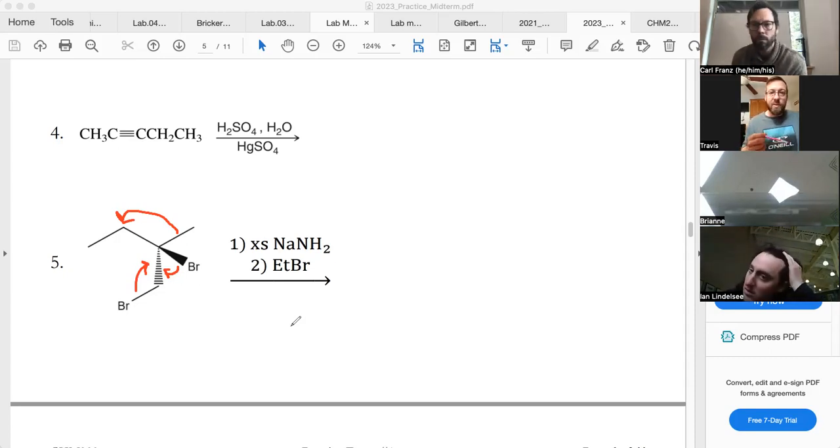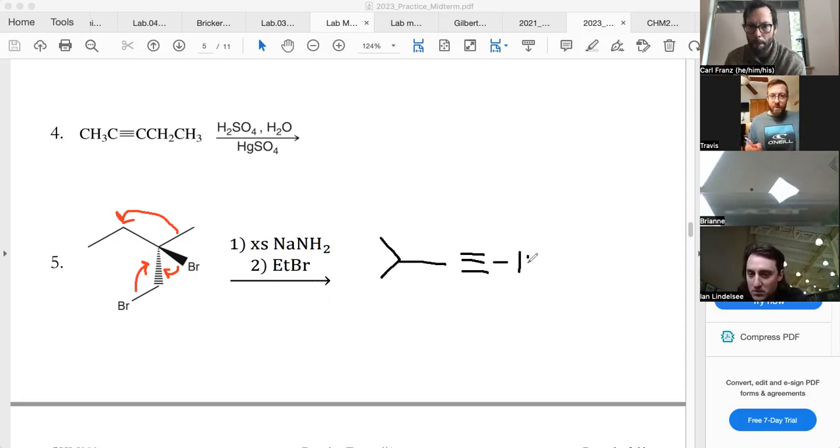Because NH2 is a really strong base, it's going to be snatching away those bromines. And then those bonds are going to kind of collapse back onto the molecule. Yeah, in a way, if that's a way of thinking of it. Yes. So it ends up looking like that, with the methyl shift. Yeah. And we can write the hydrogen in there. Okay. At that point.